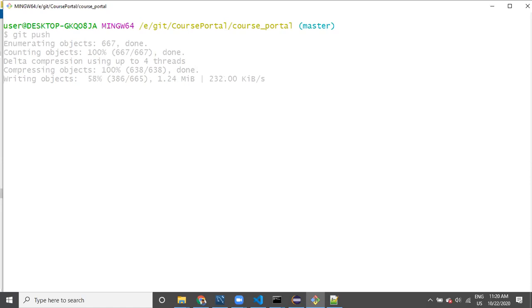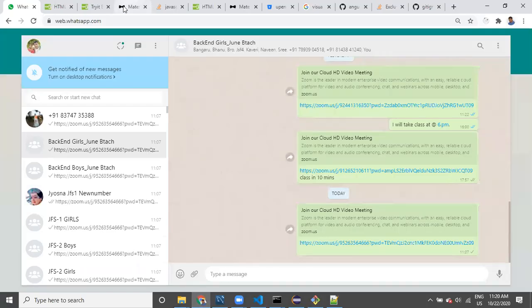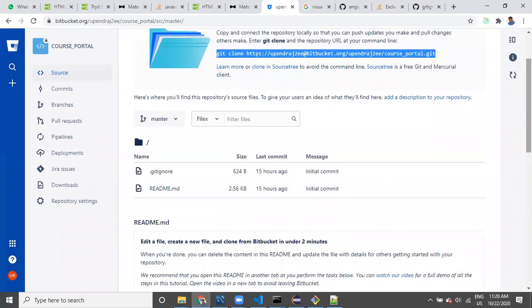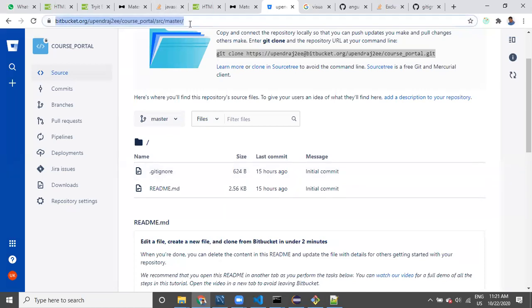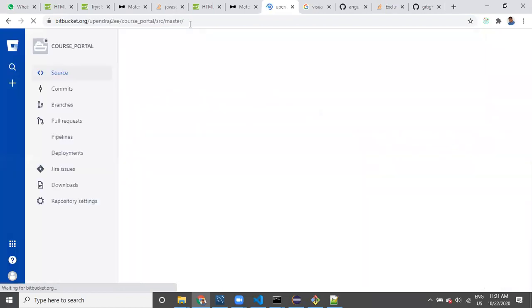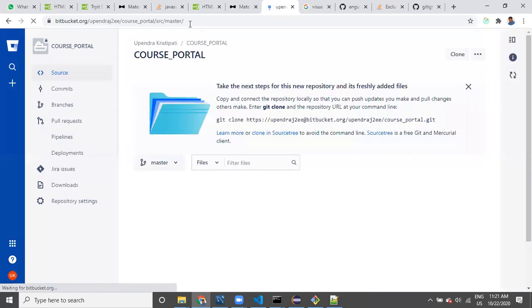Which files we are committing, those files will come to this repository. As of now, we have only these two basic files, right? If I refresh it, you can see the number of files which are getting committed.